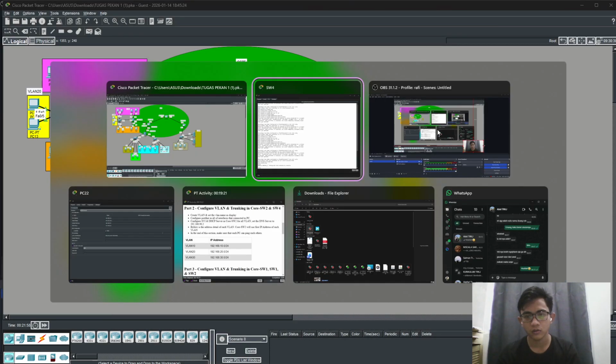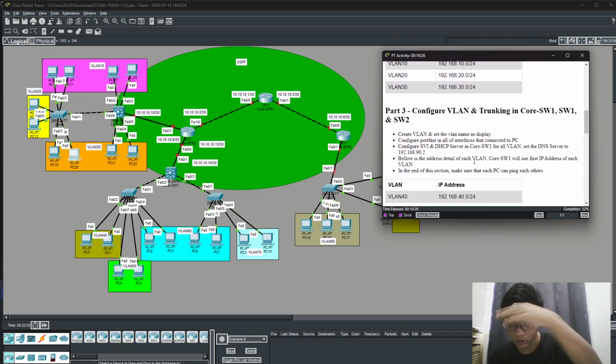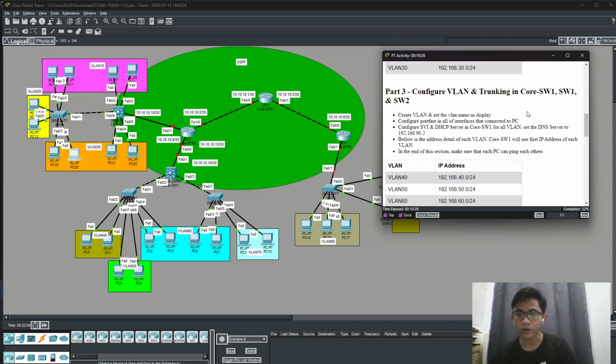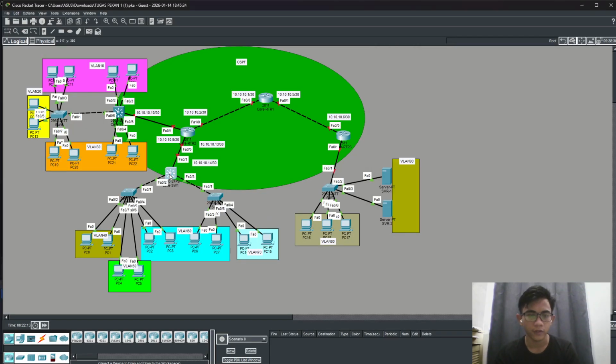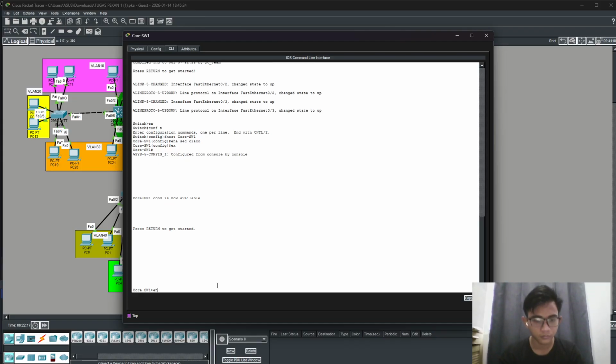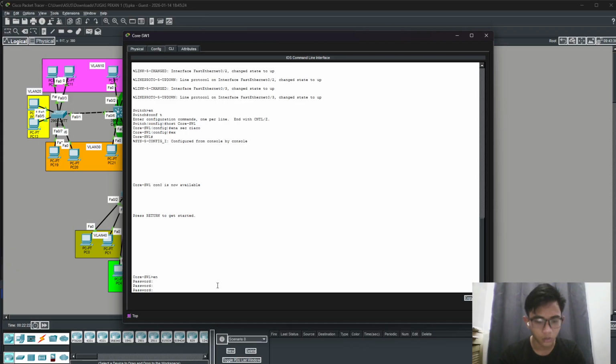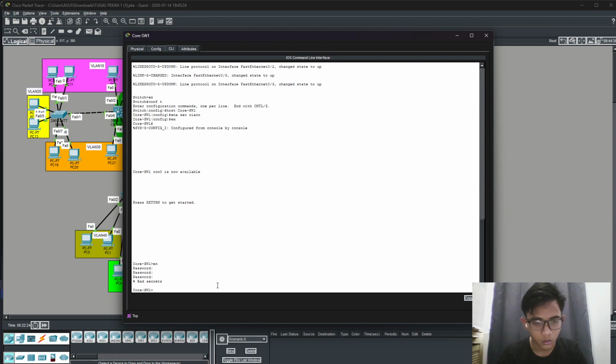Okay, now the next step is for SW1 and SW2, I guess. So now here, same, we make the VLANs first. Cisco, I guess. I'm sorry, Cisco. Oh, why is it failing?